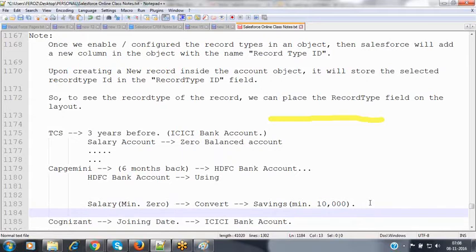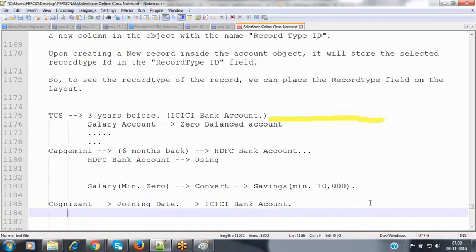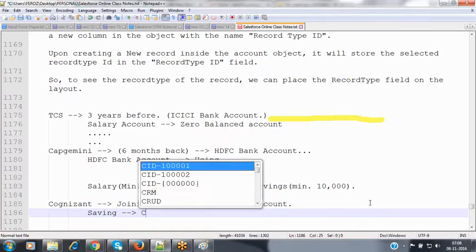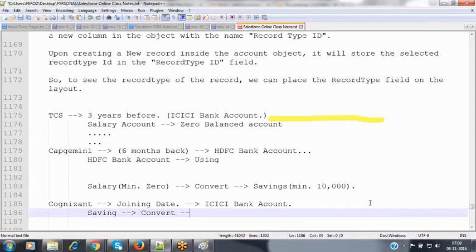So what we need to do, I already have a savings account here. I'm asking the representative, I'm already holding a savings account where I'm maintaining the minimum 10,000 rupees as the minimum balance. Now from today onwards, I'm going to be part of this Cognizant organization, so please provide me a salary account here. What he told me is, no need to create a new account. Whatever account we have, please convert that account from savings to salary. We can convert that savings account to salary here.